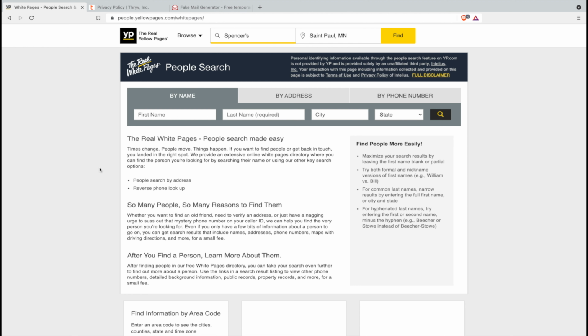your listing. Yes, unfortunately, in order to remove your information from the Yellow Pages public record directory, you need to create a profile and then opt out. So I suggest you do that with an email that you use for spam or a fake email, maybe even a fake name, and then you just continue to save that information so that you can check back every month and opt out.